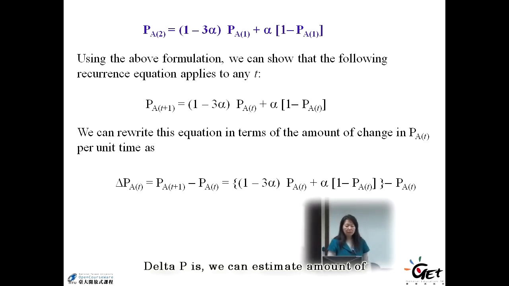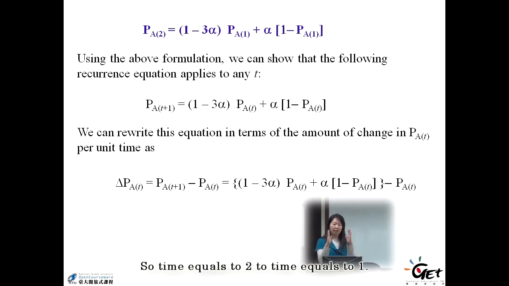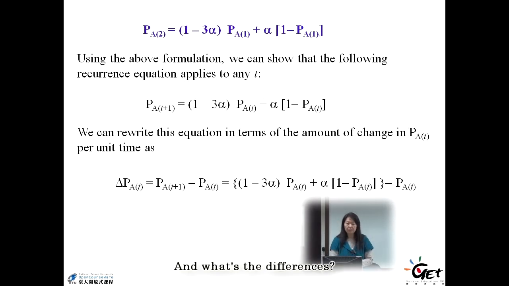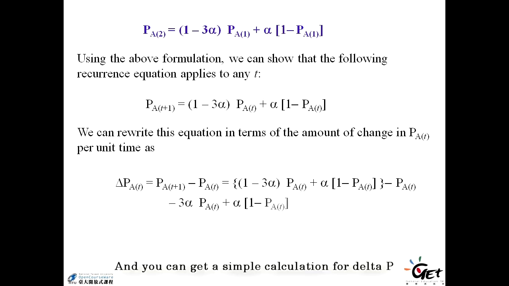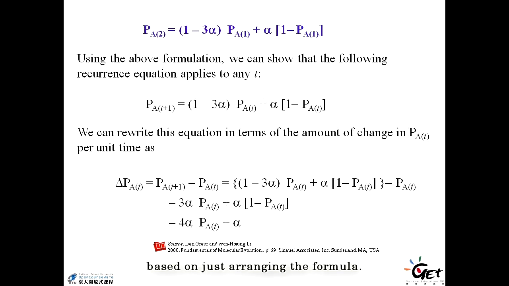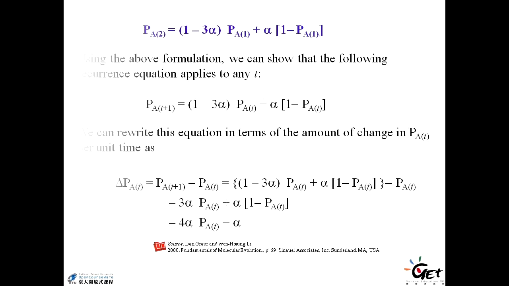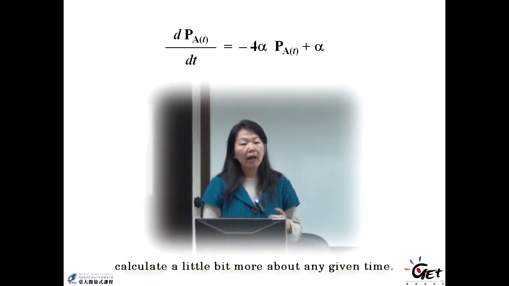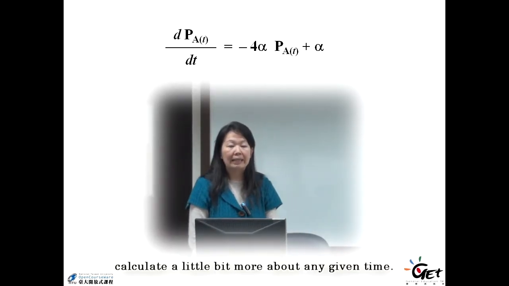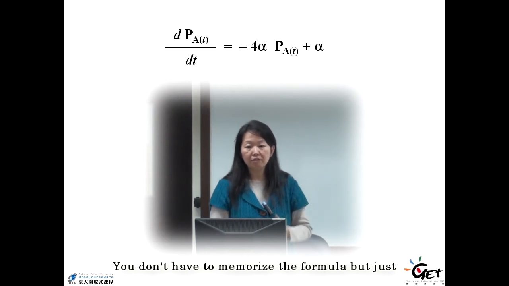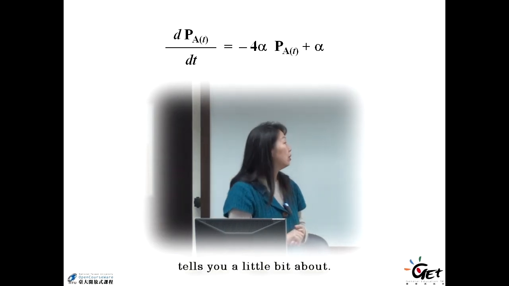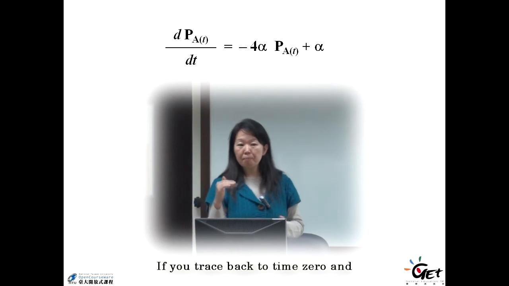Then you can calculate the delta P. Delta P is, we can estimate the amount of change per given time, or per unit time. So it's like time equal to 2 to time equal to 1, and what's the difference? That's the delta P. And you can get a simple calculation for delta P just by rearranging the formula. Then we can calculate a little bit more about any given time. You don't have to memorize the formula, but just to tell you a little bit about it if you trace back to